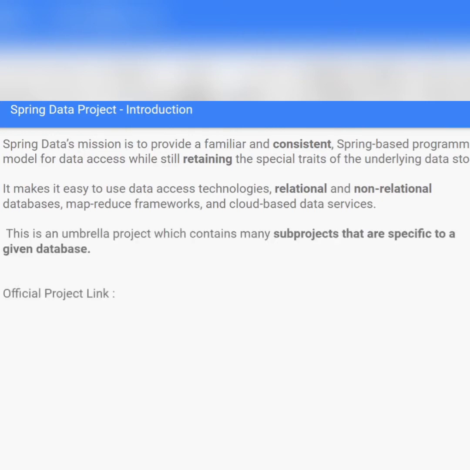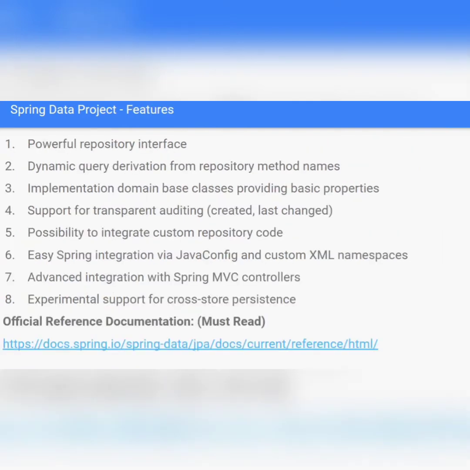And Spring Data is actually an umbrella project which has different subprojects as per the specific technology. For example, there is a JPA implementation of this Spring Data project, there is a Redis implementation, there is a MongoDB implementation. So there are different projects under this particular main project. This is the official link I have added here, so you can visit. I already discussed this. Now I'll show you how this can help you in your project.